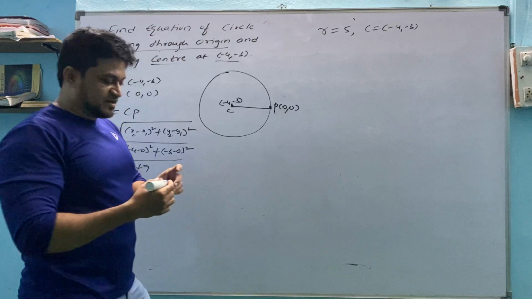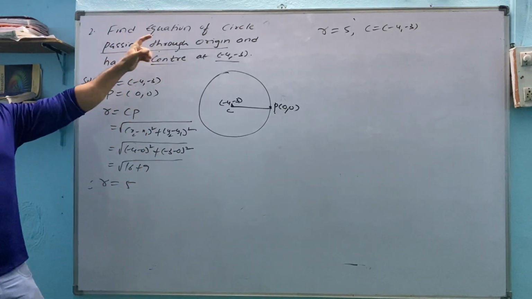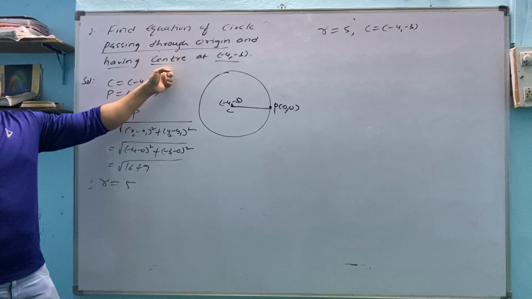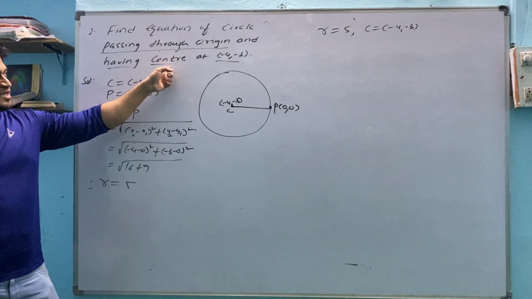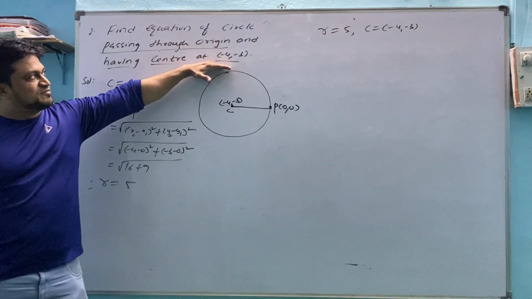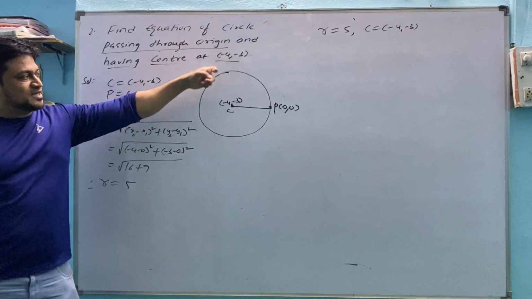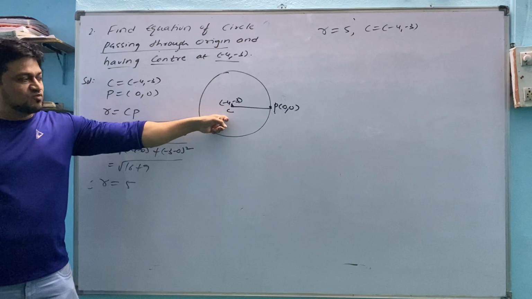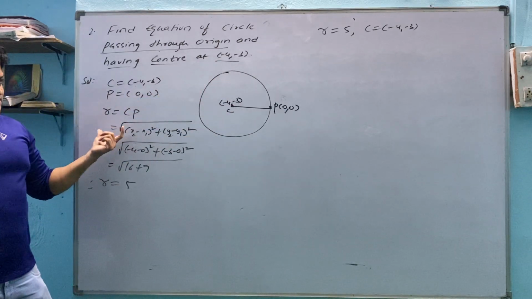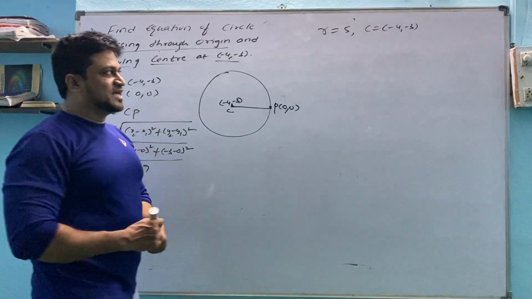See what we have done. To find the equation of circle when a passing point is given and center is given: previously, to find equation of circle, center and radius are required. Now we have a passing point and center, we don't have radius. So what you have to do? Diagrammatically represent on the circle, and find radius. Now we have both things, radius and center.